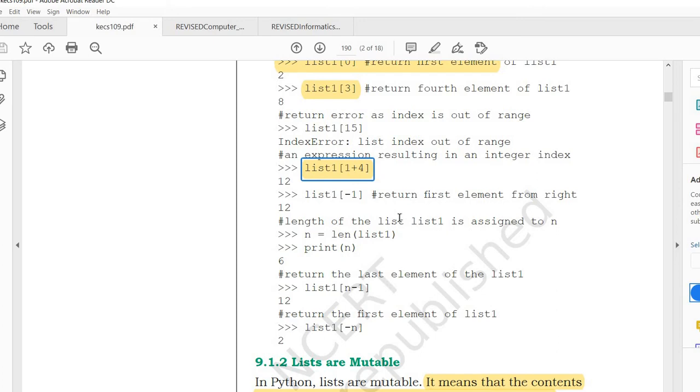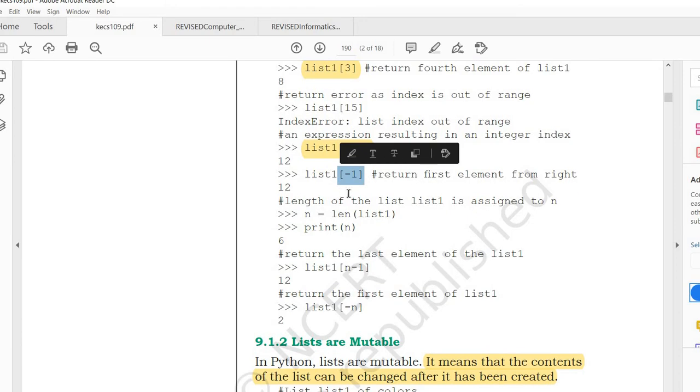Indexes are of two types, positive index and negative index. If you are going from left to right, it is called positive indexing, and if you are going from right to left, it is known as negative indexing. So it is possible to use negative indexing to access an element. Here list1[-1] means we are starting from the right side.